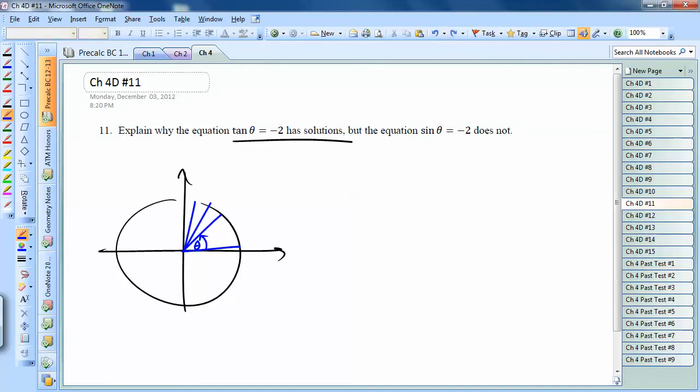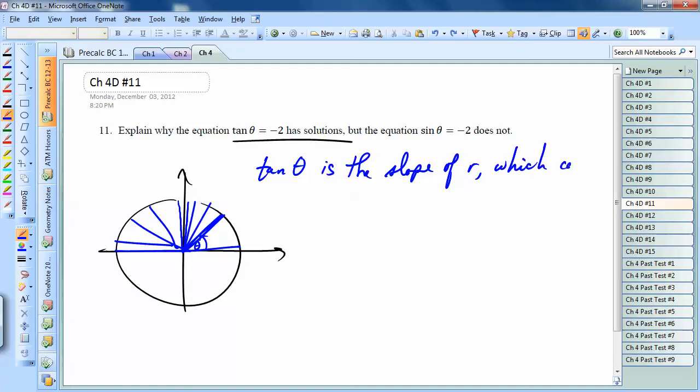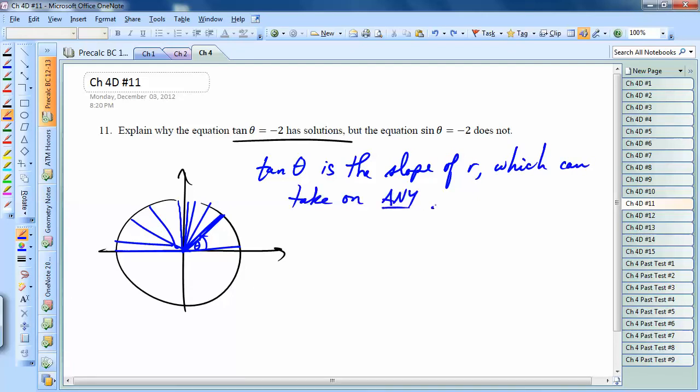It could be 1 like at 45 degrees. It could be almost infinity. It could be negative infinity. It could be negative 1. It could be negative 2. It could be negative 0.5. It could go all the way back down to 0. So tan theta can take on any value, right? So tan theta is the slope of the radius, which can take on any real value,